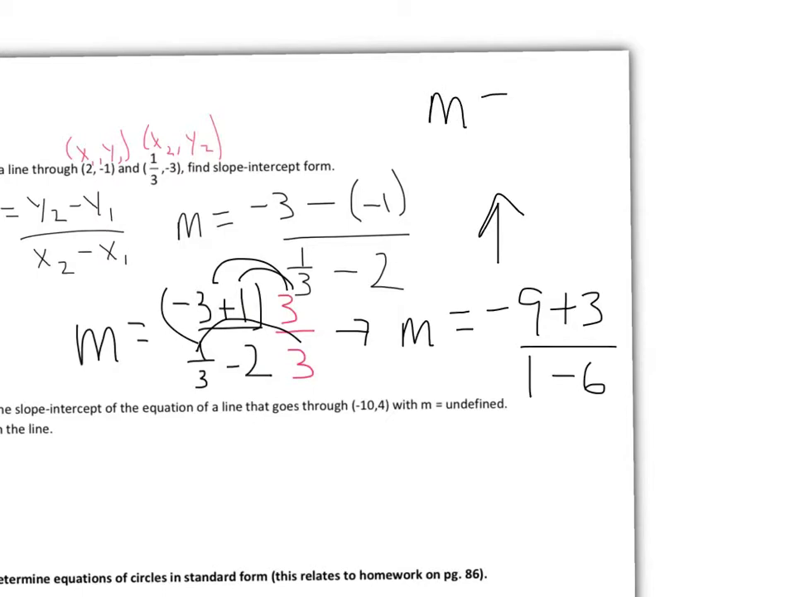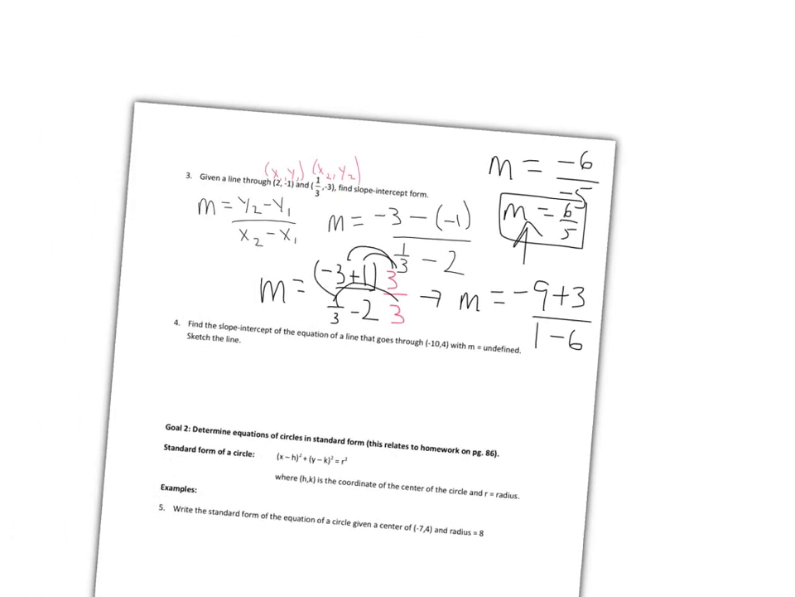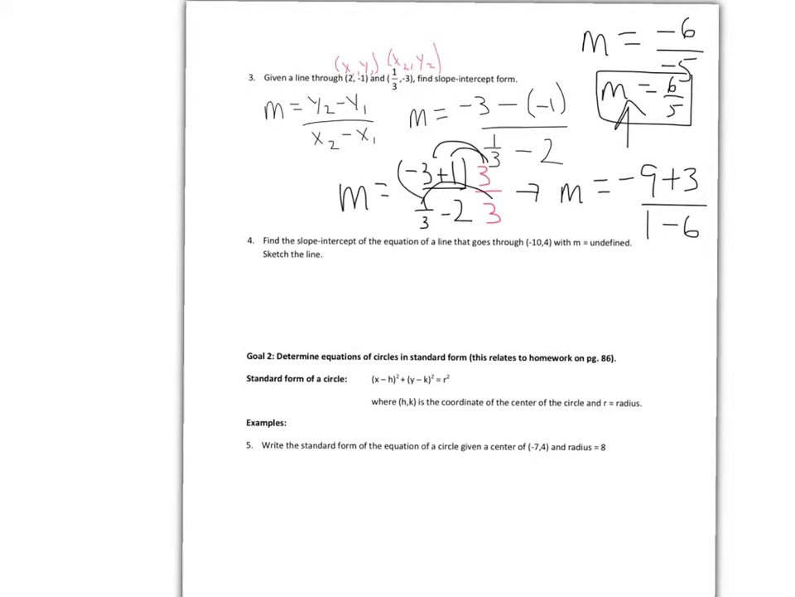You have m equals negative 9 plus 3 is negative 6 divided by 1 minus 6 is negative 5, so that will turn into positive 6 over 5 is our slope. Okay, now, again, I apologize, I ran out of room. I'll just continue below. We have a slope of 6/5. We plug it into